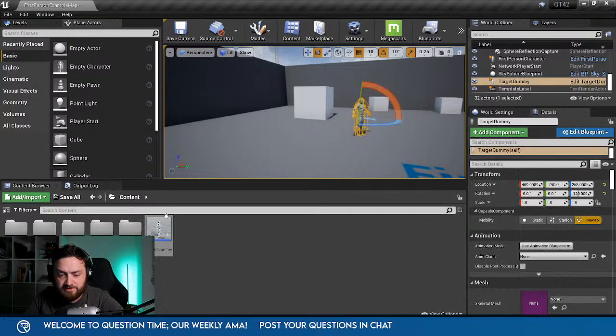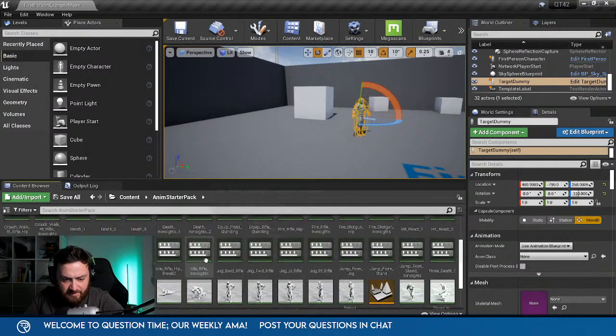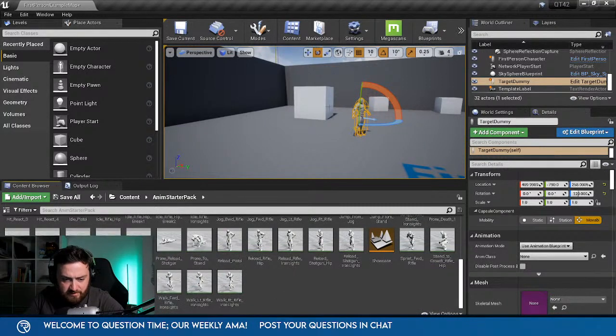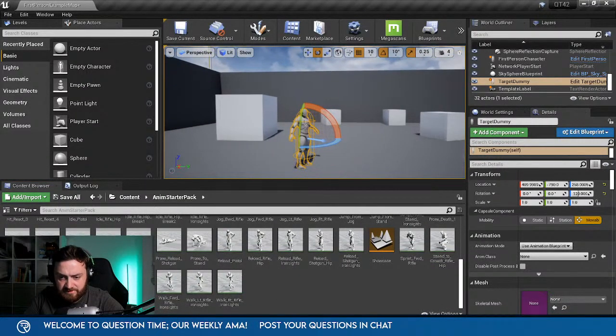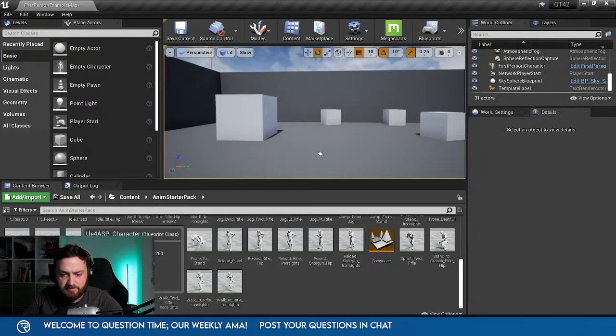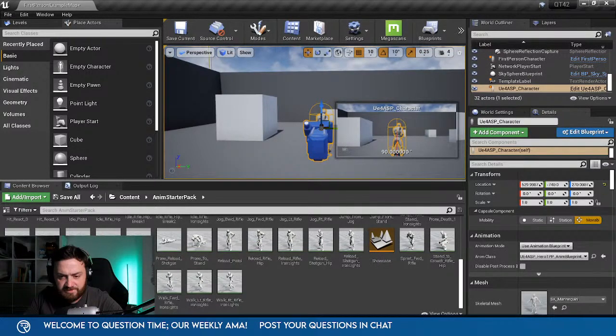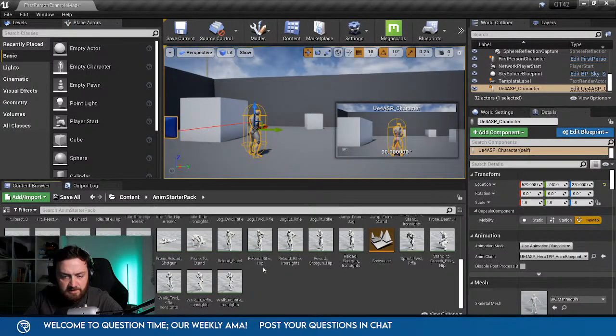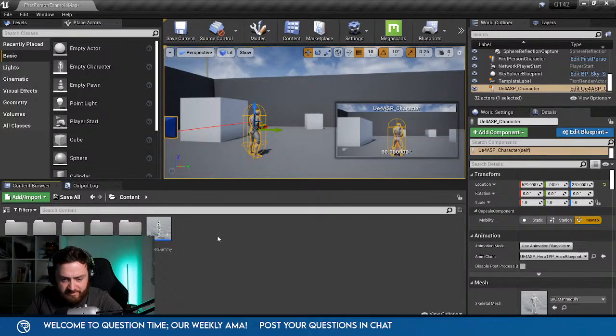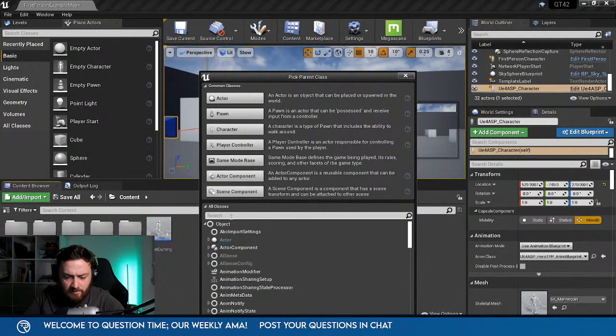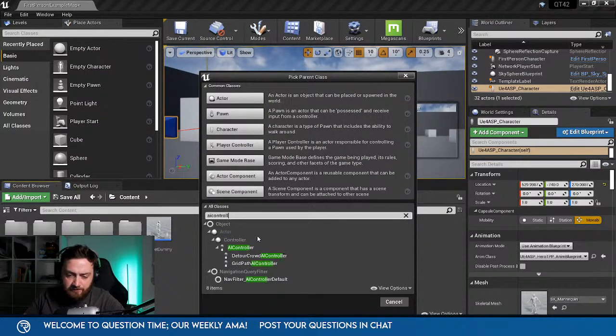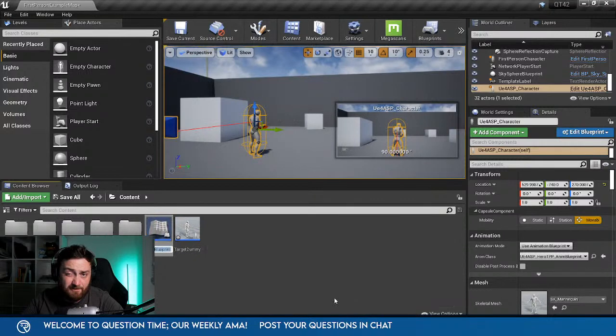Okay, so I actually use a target dummy. And we'll give him this animation starter pack. Does it come with a thingy bob? Yeah, actually we'll use this guy. Well, comes with stuff already. And we'll make some AI stuff in here. So let's make an AI controller first of all. And we'll go through how to make an AI go through doors. And there's a couple of ways you do it, depending on what kind of game you're making. I'll go through both.